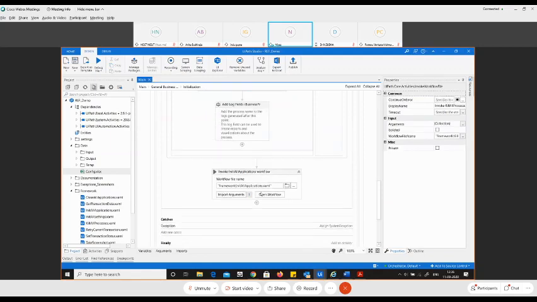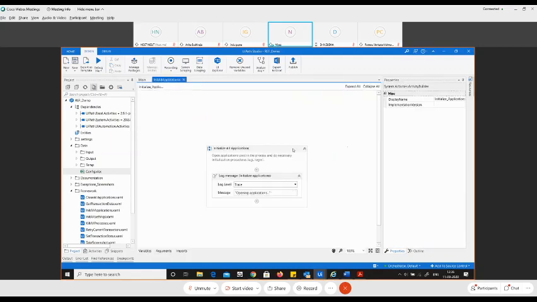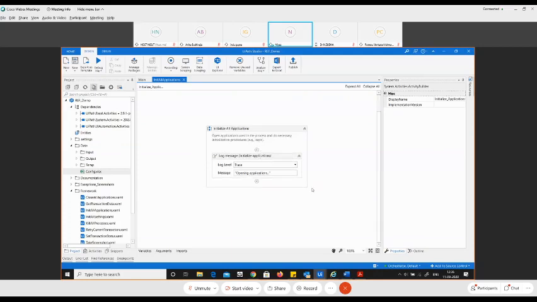After that, you see we have a workflow which is Init All Applications. Here, what you need to do is start the applications that you will need. Say for example, you use the open application or open browser activity, or let's say you have to call code where it logs into a website.